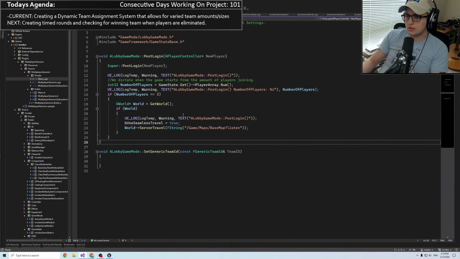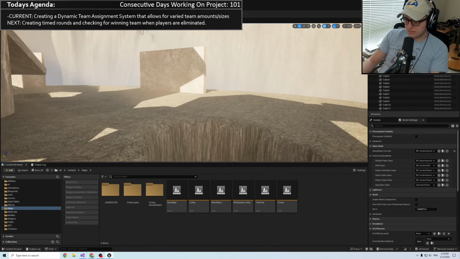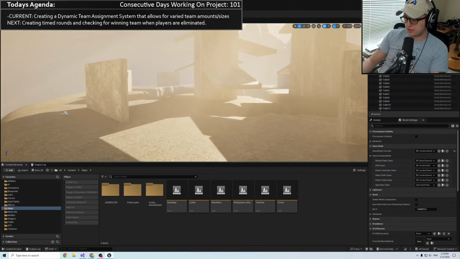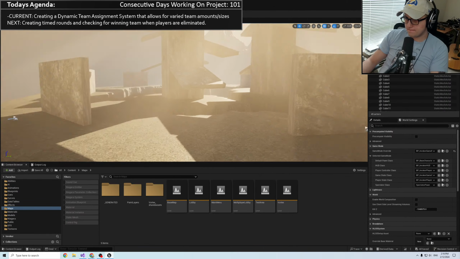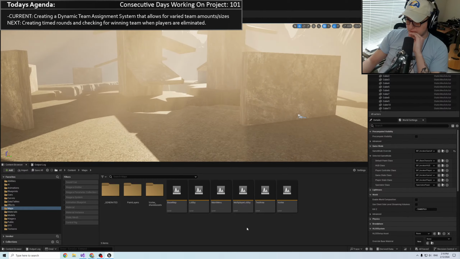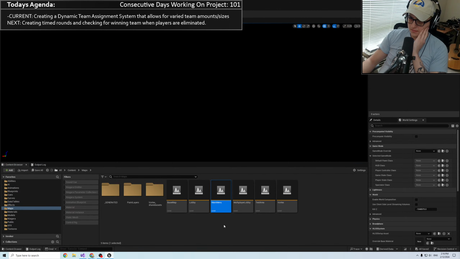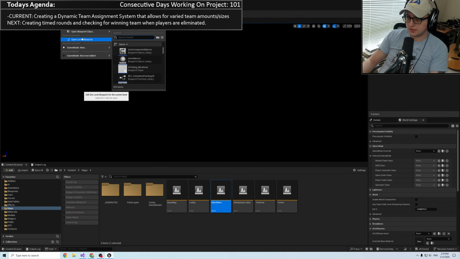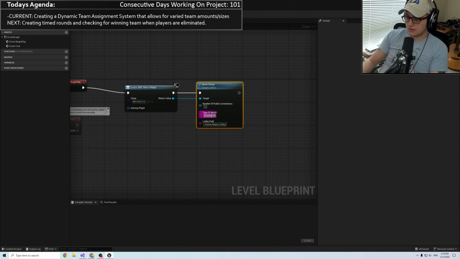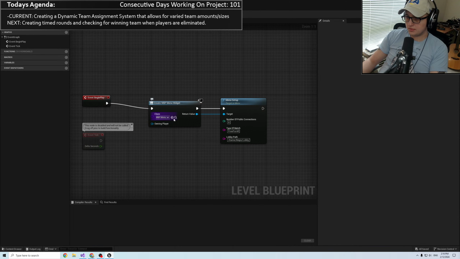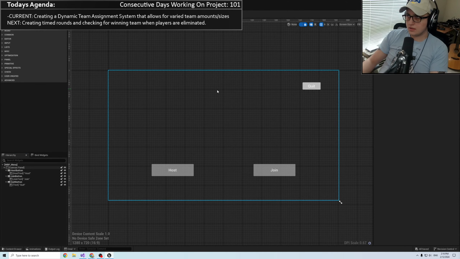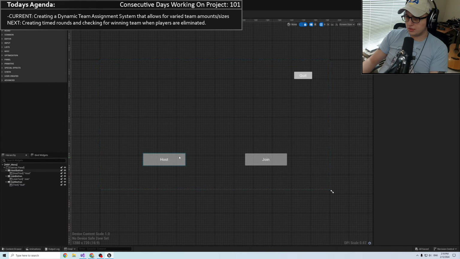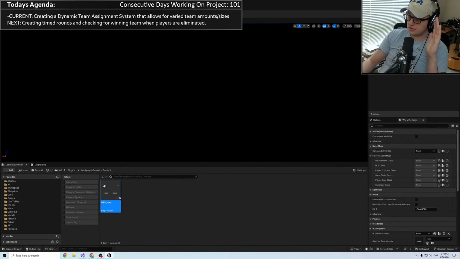All right. This is a small demo map that I created for this. Pretty simple, there's nothing much to it right now. But so far the flow is, you've got your main menu, which brings up a super basic widget menu, which looks like this. You've got the host button, join. When you click host, it will take you